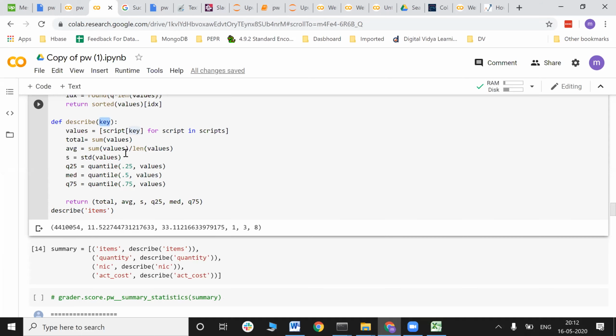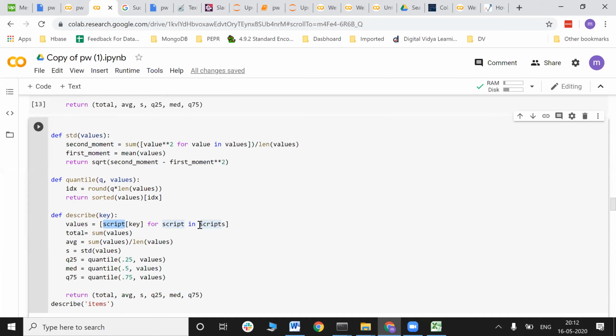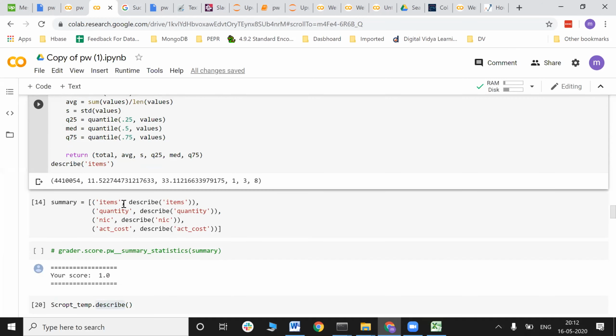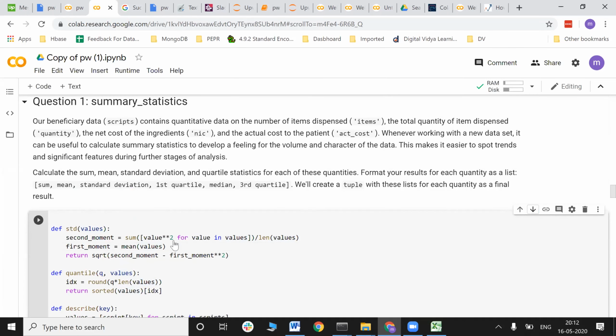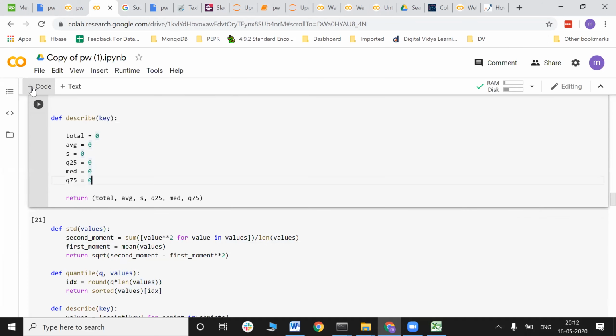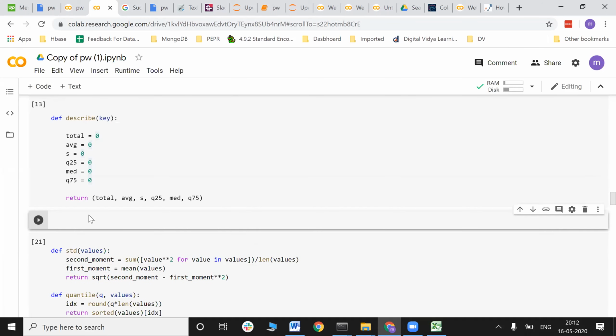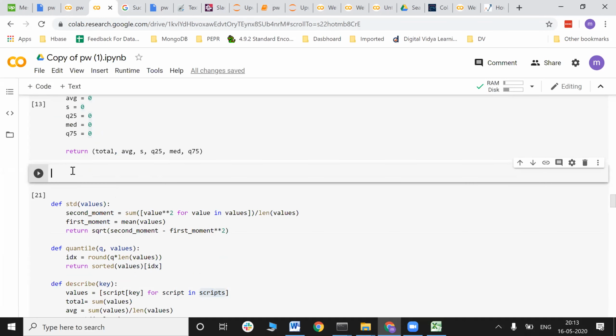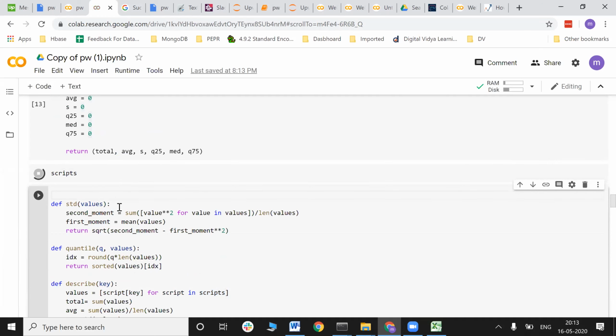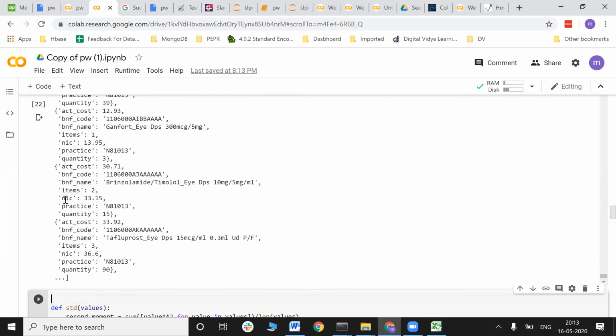Now coming back to your example, I'm passing the items as text. Here I'm trying to go through every script. The script is in dictionary form. Whatever information we have received as part of the script is in a dictionary form. See, this is my script, and this is into a dictionary form.